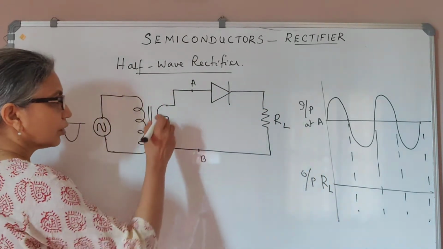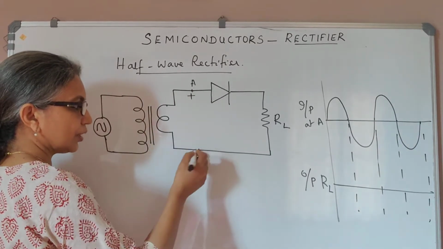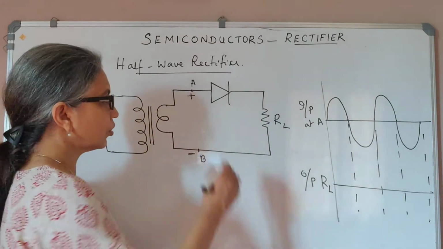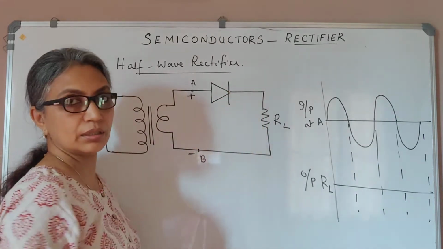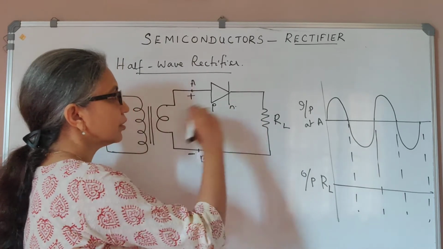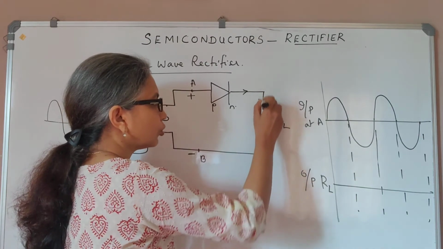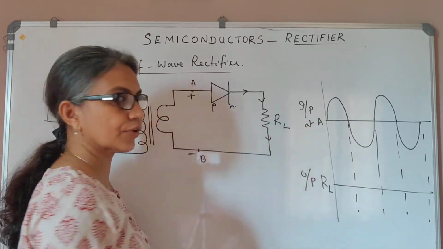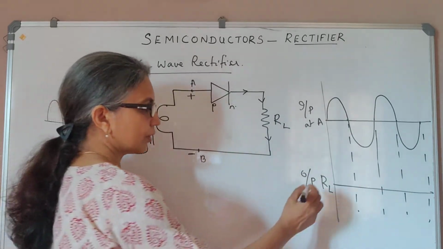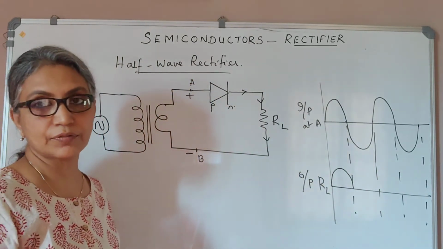Now here, when this AC input is applied, suppose this is positive, obviously the other end of the secondary winding will be negative. So we have this diode now in forward bias, because a positive is connected to the P type, right? This is the N type. So it is under forward bias, it will conduct current, and therefore current will flow through this resistor, and whenever you have current through the resistor, we have a voltage which is equal to I into RL, and we see that we have an output voltage across RL during the positive half cycle.